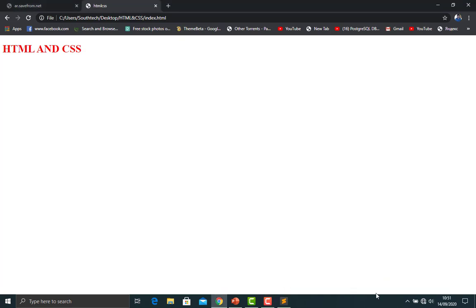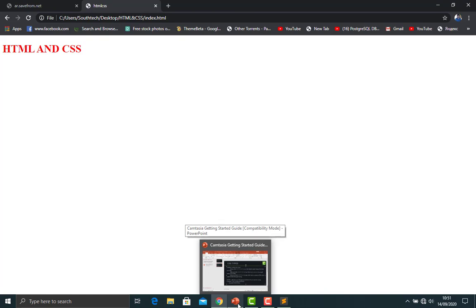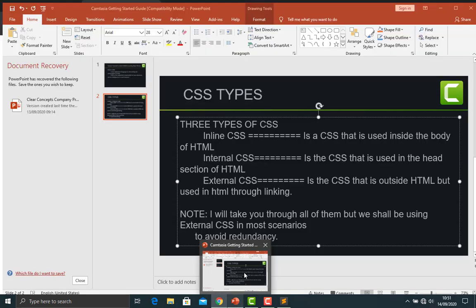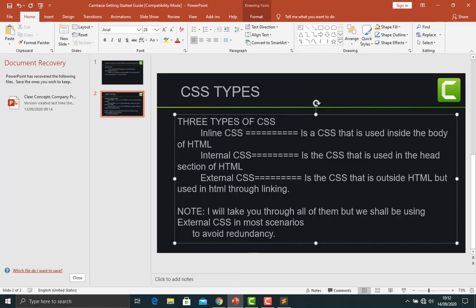in color. So that is now the application of inline CSS, because we say it is the CSS that is used inside the body section. We can have a look. You can see it is used inside the body of HTML. You can now see that inside our body we have heading 1, and then the heading 1 is where we have put